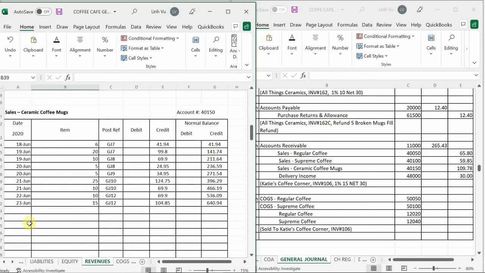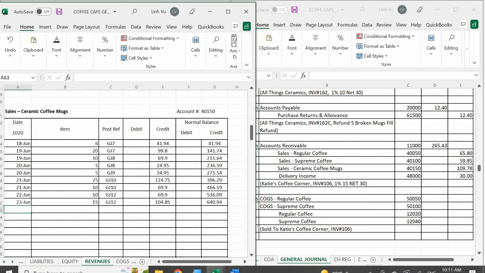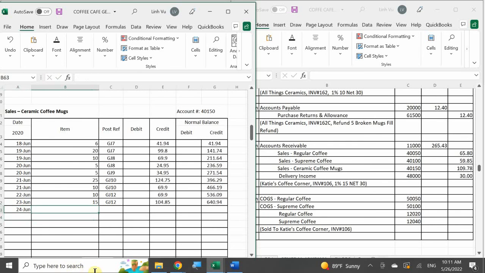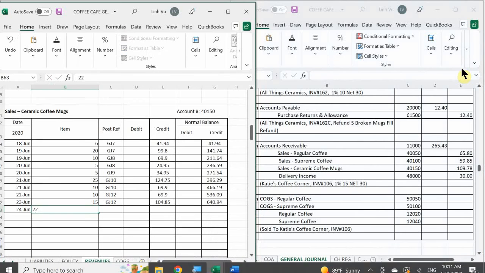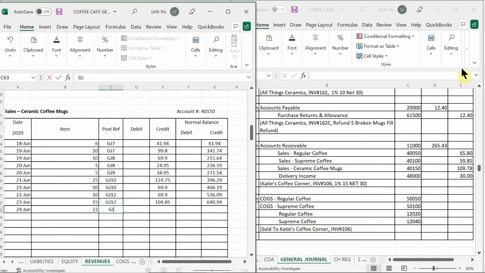How many mugs did we sell to Katie? 22. For $109.78. So that should give me a grand total ending balance of